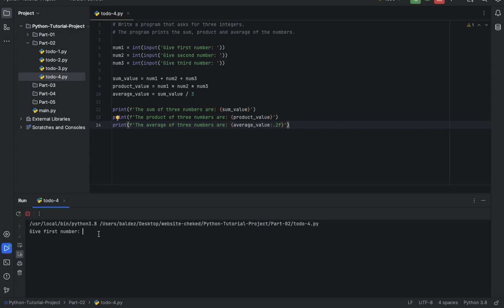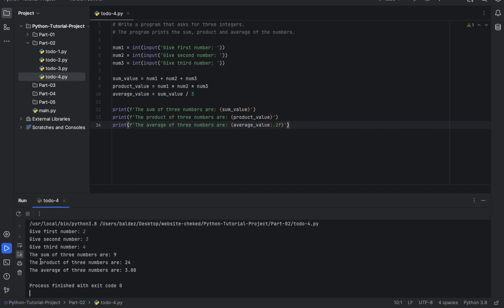We can give, for example, 2, and we press enter. If we press enter, the second line here is running. Give second number, and we can, for example, press 3 here, and we press enter, and give third number, and the third number is coming from here. Let's press 4,